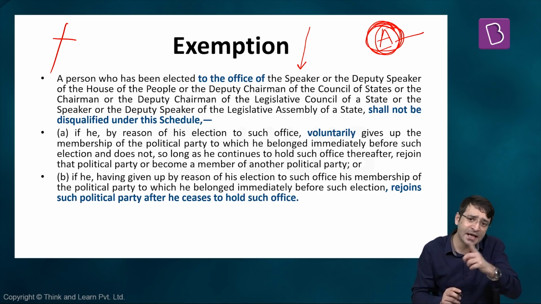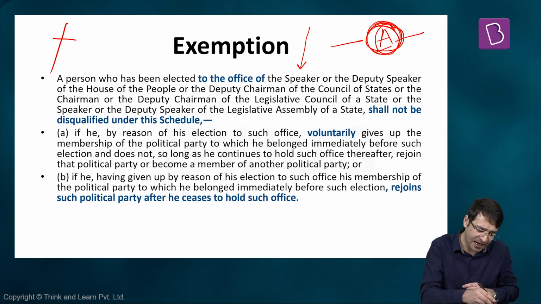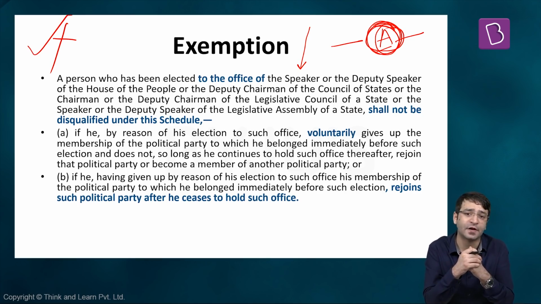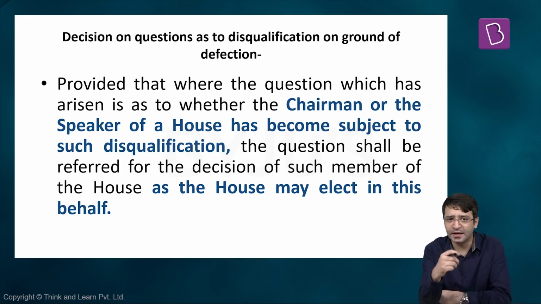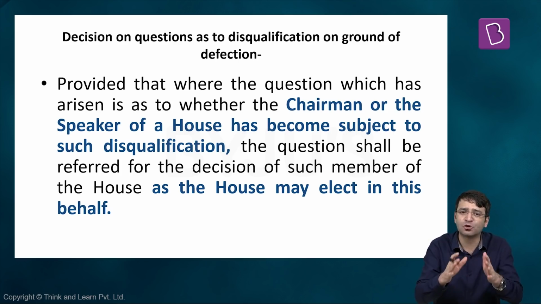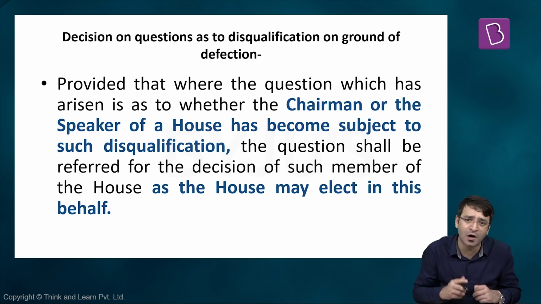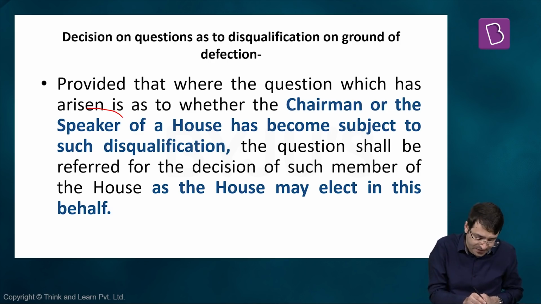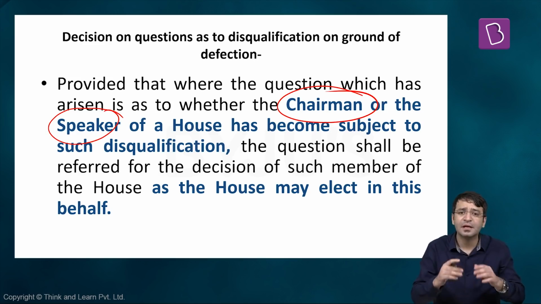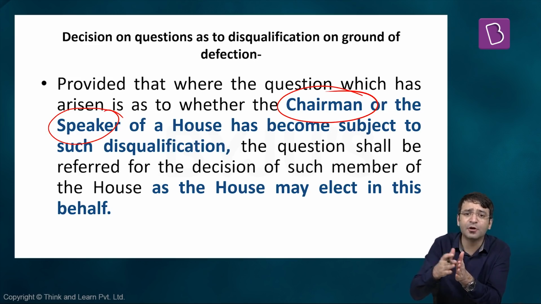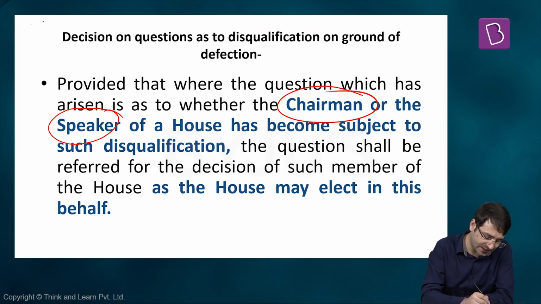And if I am joining any other political party except A, I will be disqualified under anti-defection law. But who gets to decide whether a legislator should be disqualified on the grounds of defection or not? Anti-defection law states that this decision shall be taken by the Speaker or the Chairman: Speaker of Lok Sabha, Speaker of Legislative Assembly, Chairperson of Rajya Sabha, Chairperson of Legislative Council. Anti-defection law states that the decision of the Speaker or the Chairman shall be final and binding.